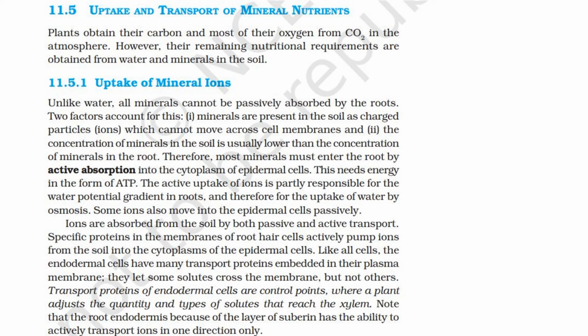Specific proteins in the membranes of root hair cells actively pump ions from the soil into the cytoplasms of the epidermal cells. Like all cells, the endodermal cells have many transport proteins embedded in their plasma membrane. They let some solutes cross the membrane, but not others. Transport proteins of endodermal cells are control points, where a plant adjusts the quantity and types of solutes that reach the xylem. Note that the root endodermis, because of the layer of suberin, has the ability to actively transport ions